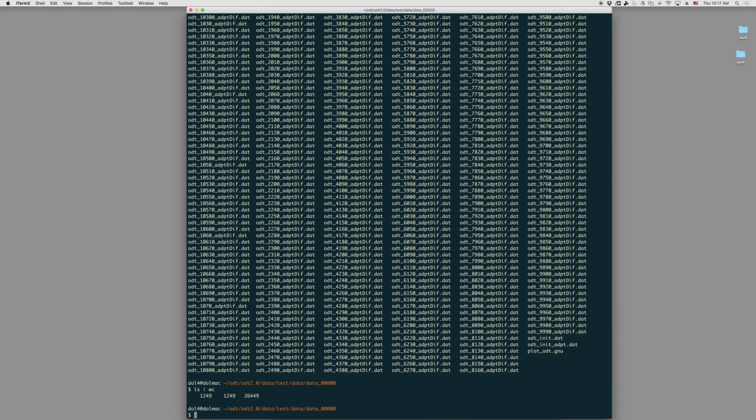There's also a plot.odt.gnu file for convenience in plotting GNU plot data. And then we've only got one dump time because we only ran long enough to see that one dump file occur. Okay, so if we look in one of these full files,